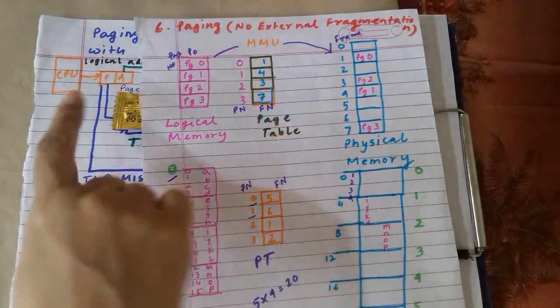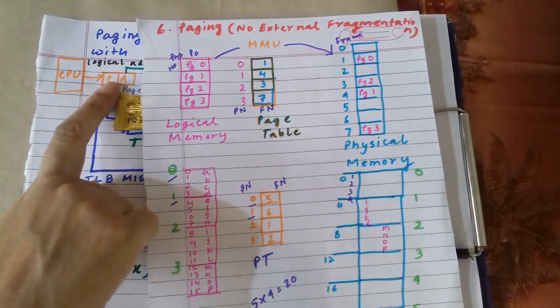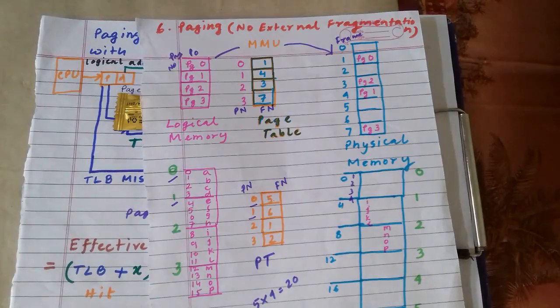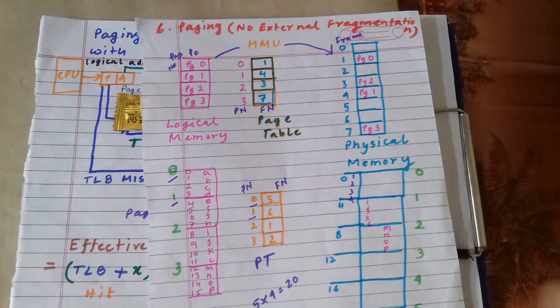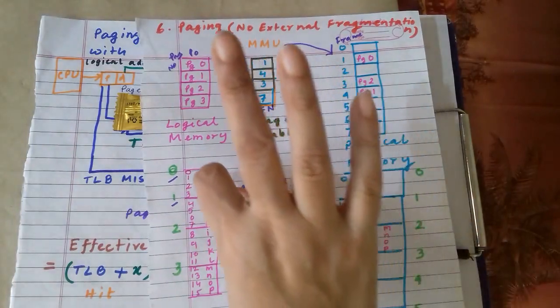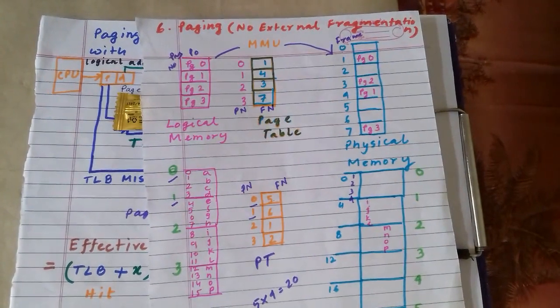So what will be written here? Here the value will be 5, the frame number, and what will be the value for D? The value for D will be 4. So the value of D can be 4 or less than 4, that is clear, because this page 0 already has 4 bytes. So it cannot be more than 4. It should be less than or equal to 4.